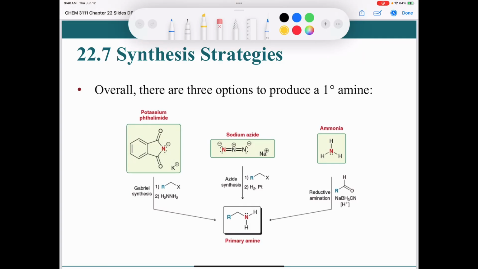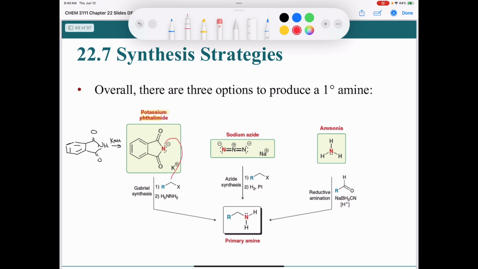Up to this point, we've seen three different ways to make a primary amine. The first one was using potassium phthalimide. And of course, you make the potassium phthalimide from phthalimide. Right? So we take that and we treat it with potassium hydroxide. So we make the potassium phthalimide, and then we treat that with our alkyl halide, and then it reacts via